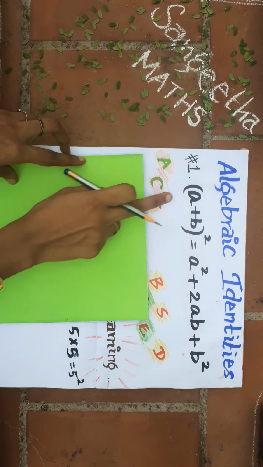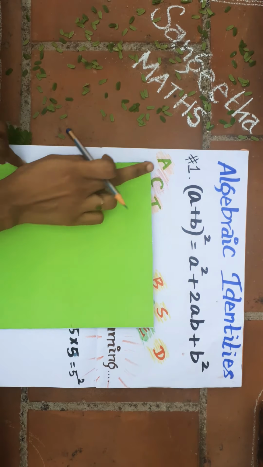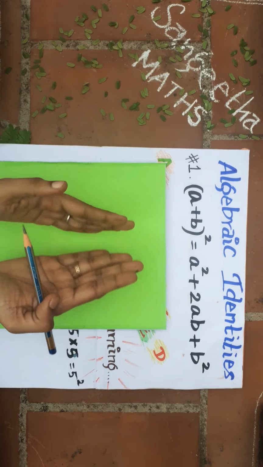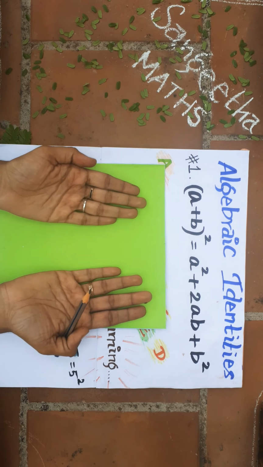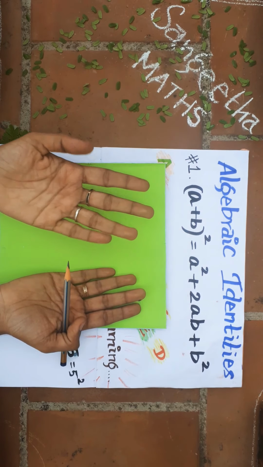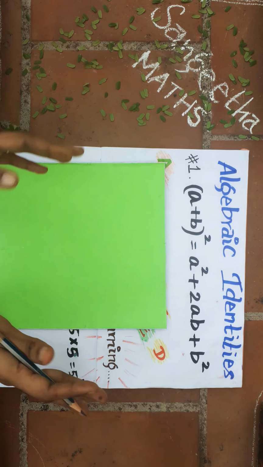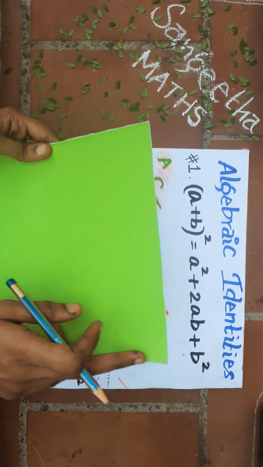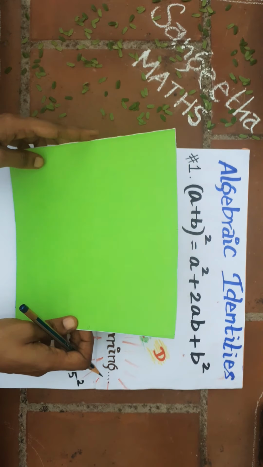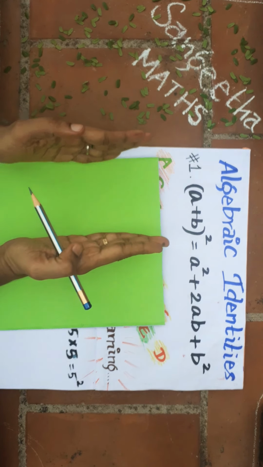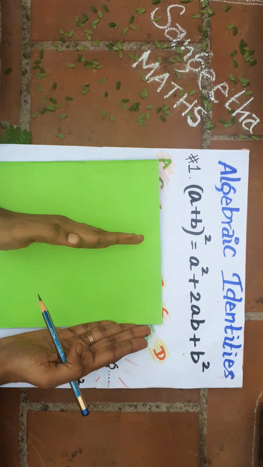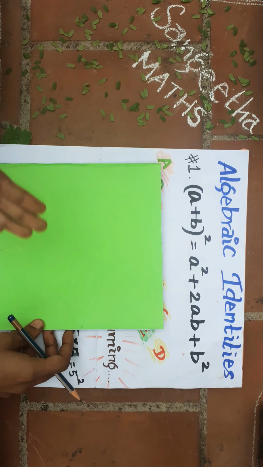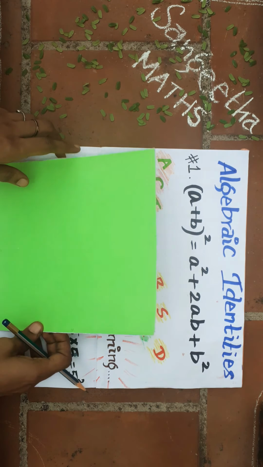So now it is (a plus b) the whole square. This square, I'm going to part it into two, bipartite it, like one as a and one as b. I'm going to take a random measurement. For the square also I have taken a random measurement; I did not take any measurement for the side. So it's a plus b. I'm going to take one measurement to be a, the other measurement to be b. You can take it any way, like a to be greater and b smaller, or a to be the smaller one and b the greater one.